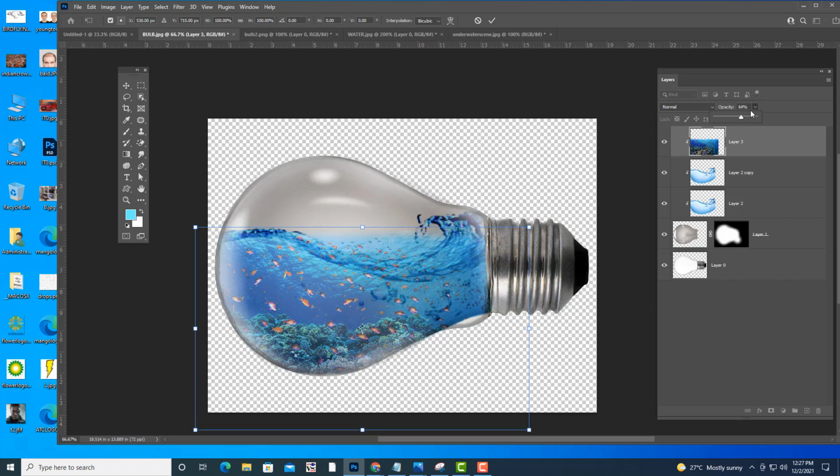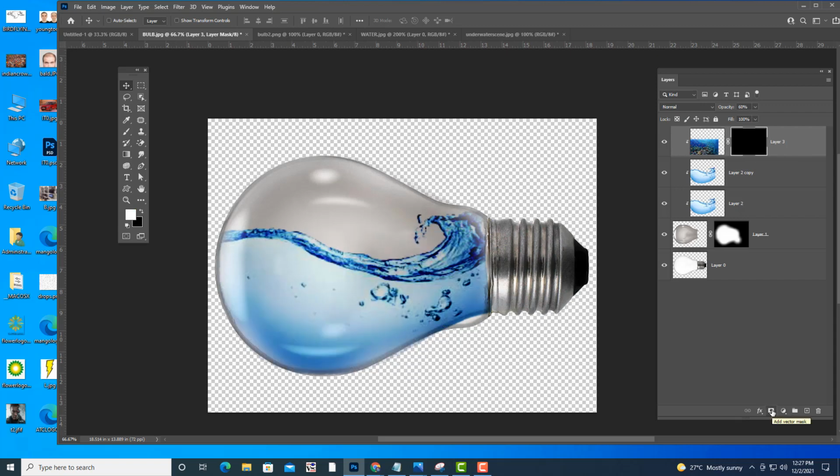Now we want to erase the unwanted parts, so we'll first apply hide all mask to this, with Alt click. Then take a soft round brush, and we only want the underwater scene inside.